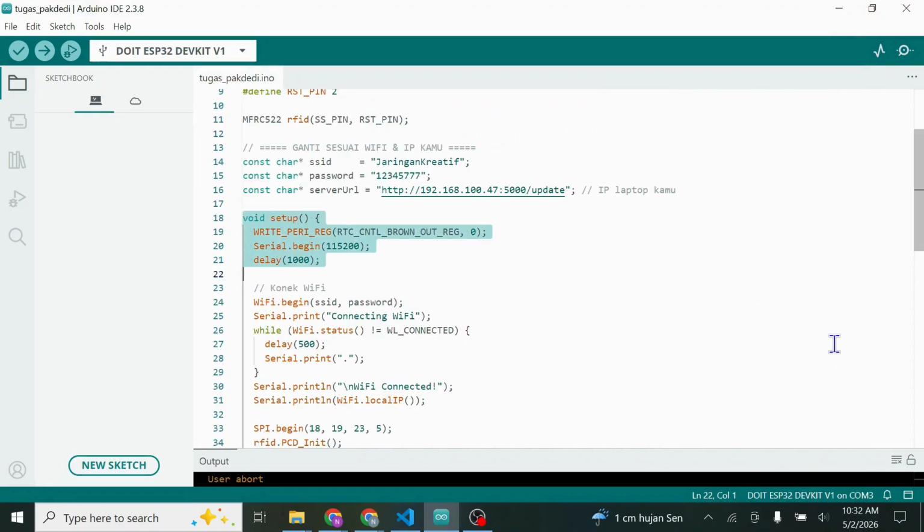And then we start the serial communication at the speed of 115,200.